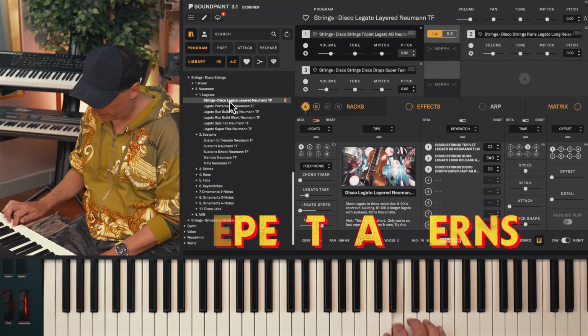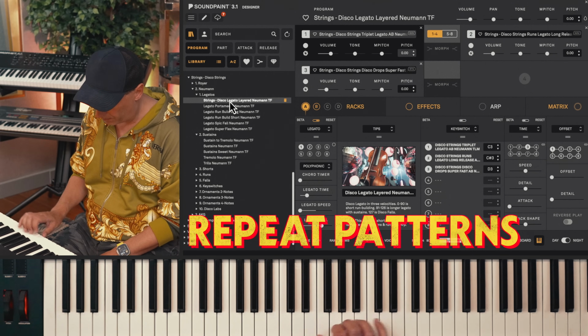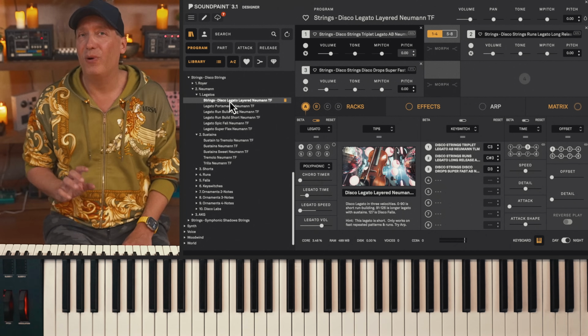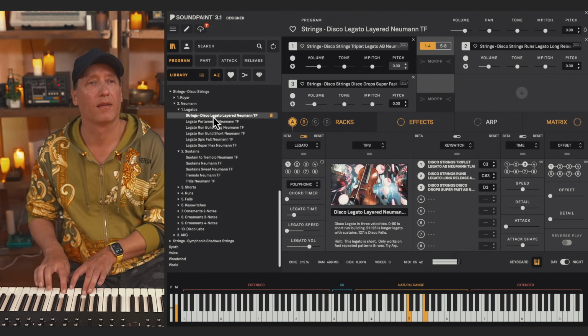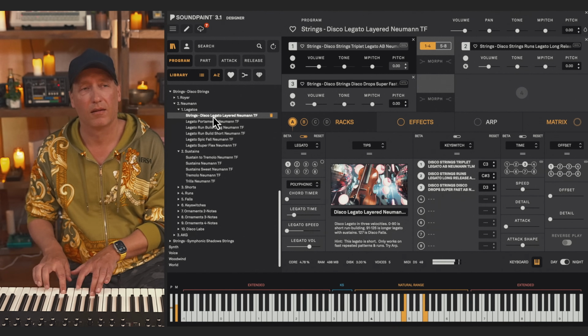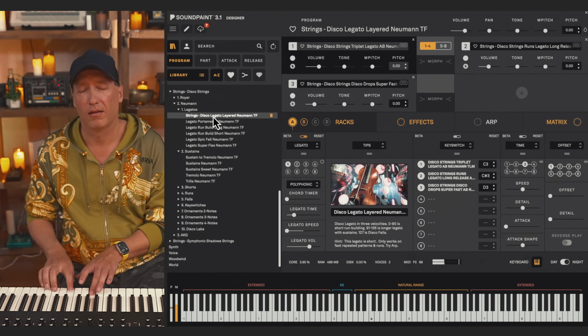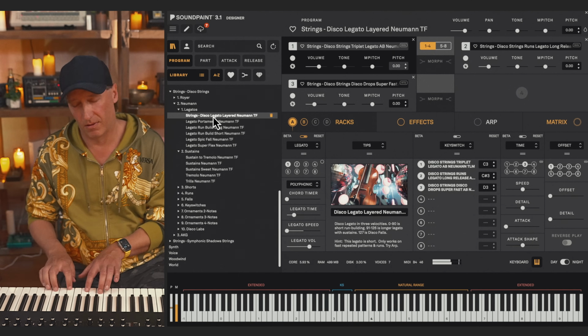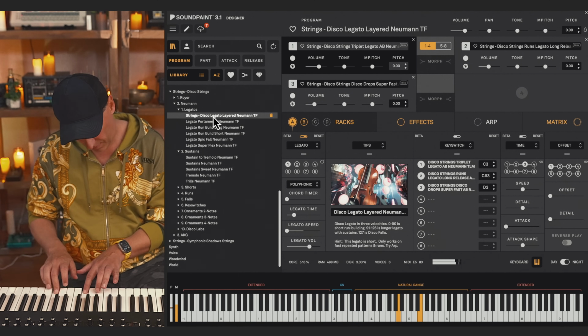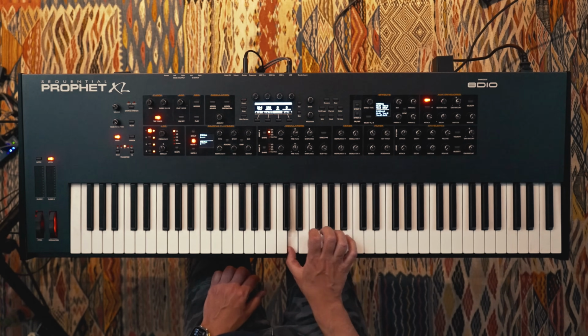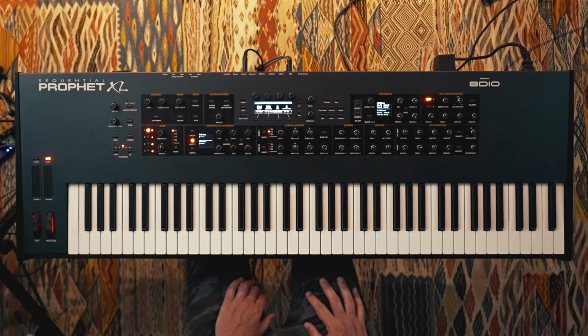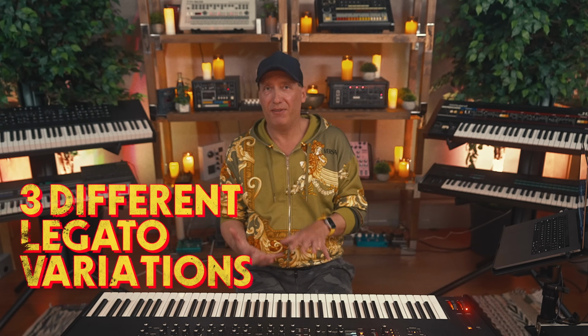This is something that happens once we get into the sort of deeper parts of the technology. We are no longer just restricted to traditional legato where you can't repeat patterns because you get what we call the machine gun effect. In fact, you can actually do repeated patterns here. And they're wicked fun to play in polyphony as well. So sweet, so nimble. We have 3 different kind of legatos.